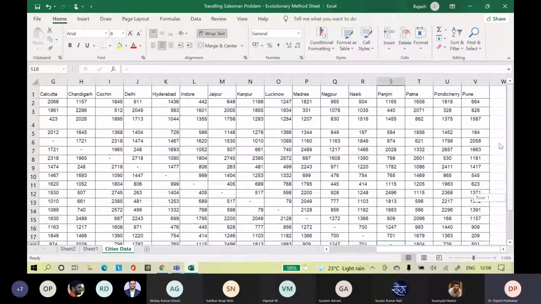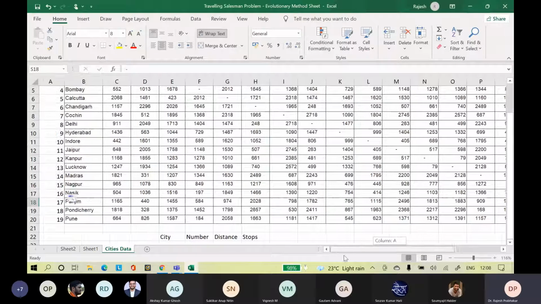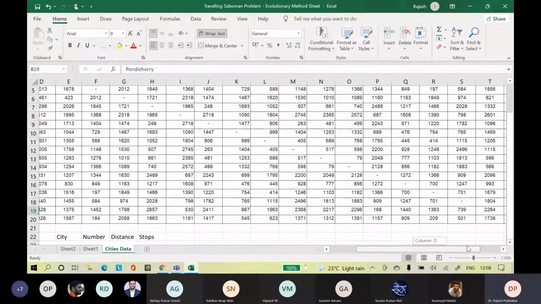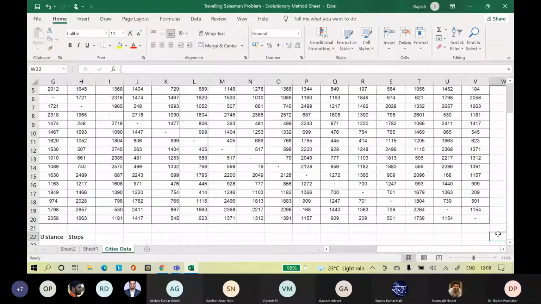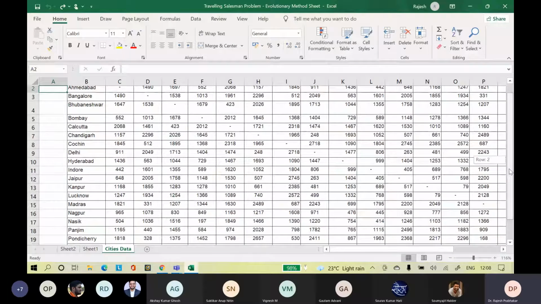Panjim to Panjim. Oh, I skipped. I unnecessarily deleted Patna. Patna is also there, no? Yes, sir. Patna is there, sir.